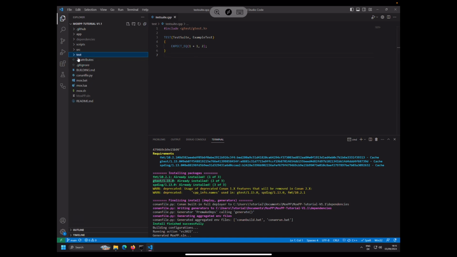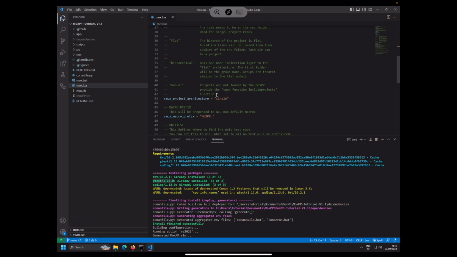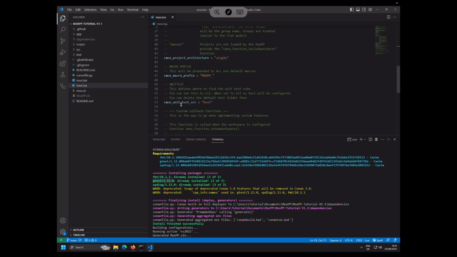If you don't want to have unit tests at all, you can just delete the test folder and go into the mox.lua file. In the mox.lua file, you would set the CMOX unit test source to nil. Nil is the null or null pointer in Lua. If you would set this to nil, which of course I don't want to,